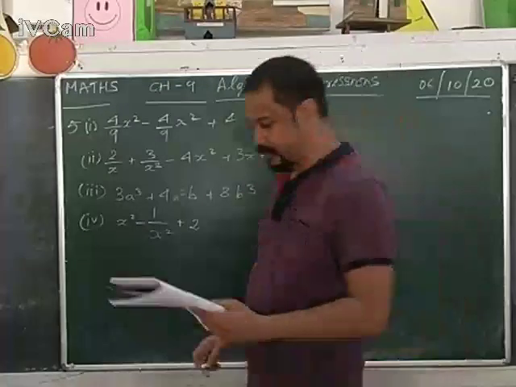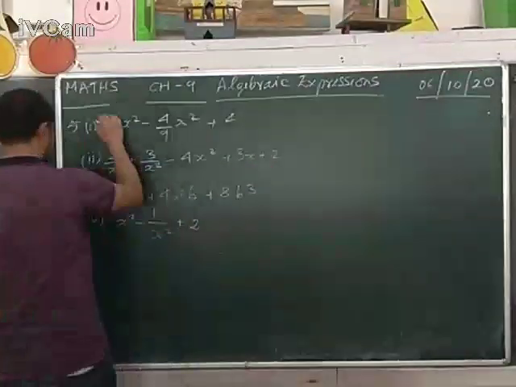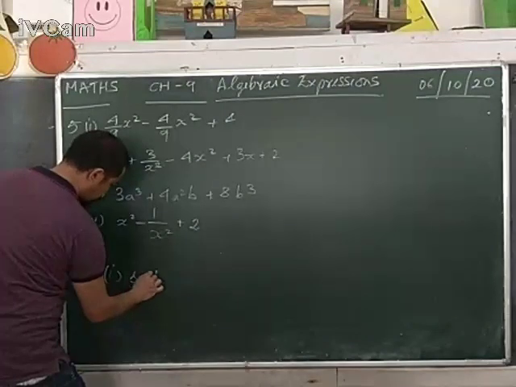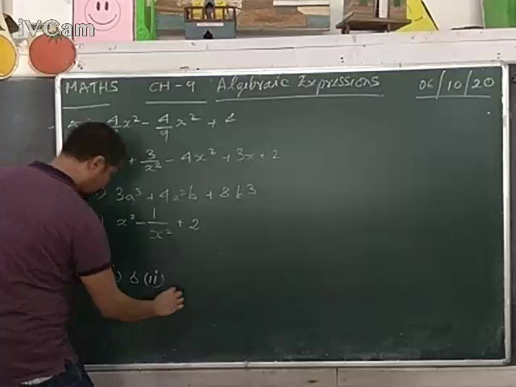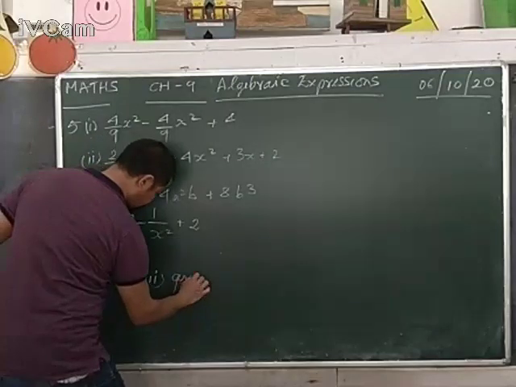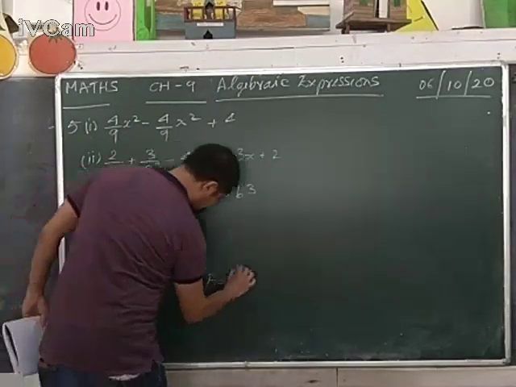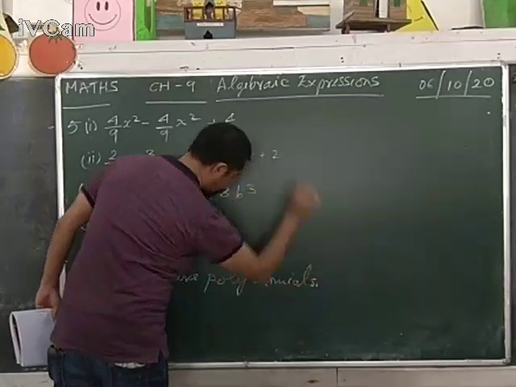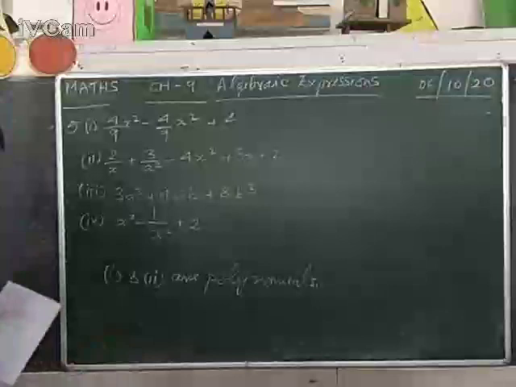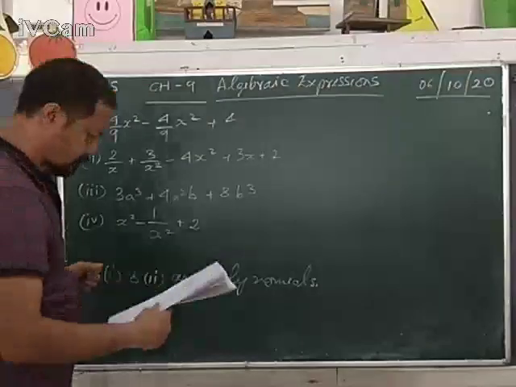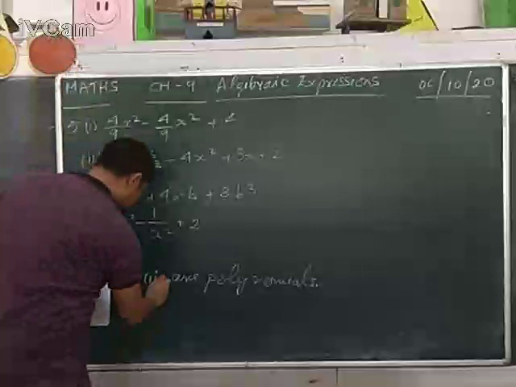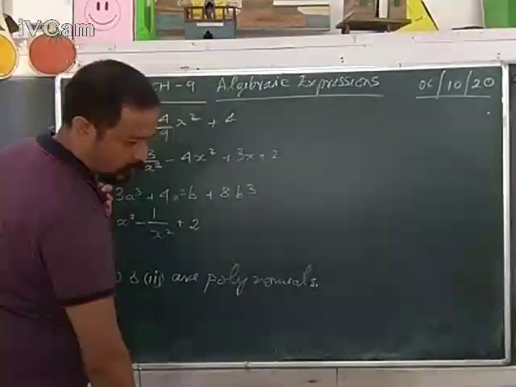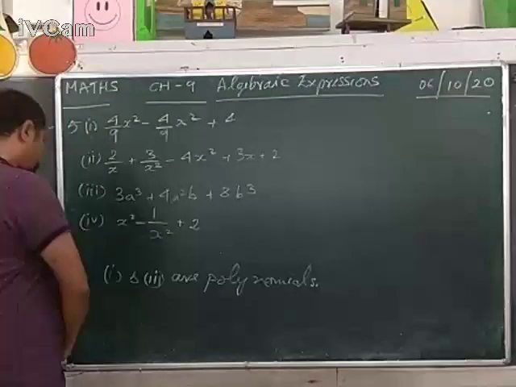Okay. Answer is number 1 and number 2. Okay. They are polynomials. Number 1 and number, sorry, not 2, 3. Number 1 and number 3 are polynomials. Why? Okay. Now,